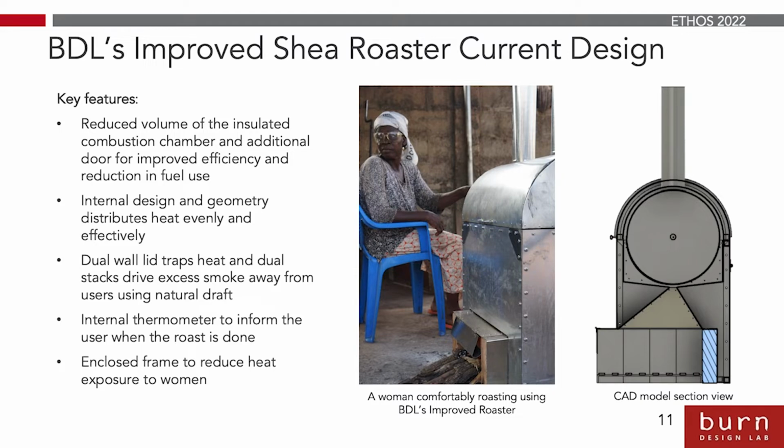Not shown in these images is an internal thermometer that is used to inform the users of when the roast is actually done. With these traditional roasting methods and traditional drums, the women have to open and close the drum itself to check the doneness of the nuts using what we call a kind of a water test by sprinkling water on it and listening to see if it sizzles. And this not only cools the nuts down and releases a lot of heat from the drum, slowing the process down, but it also adds another step where the woman could burn themselves or hurt themselves by opening and closing